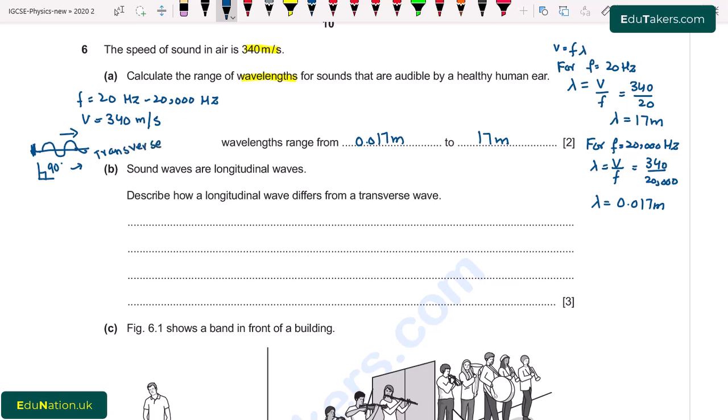But in the case of longitudinal wave, if I consider the same string, you can see here the wave transports energy in this direction, and if I move the string in this direction, left and right, then you can see that the direction of vibration is this, while the direction of energy travel is also this. The angle between them is 0, which means that both of these are parallel to each other, and I can say that this wave is a longitudinal wave.